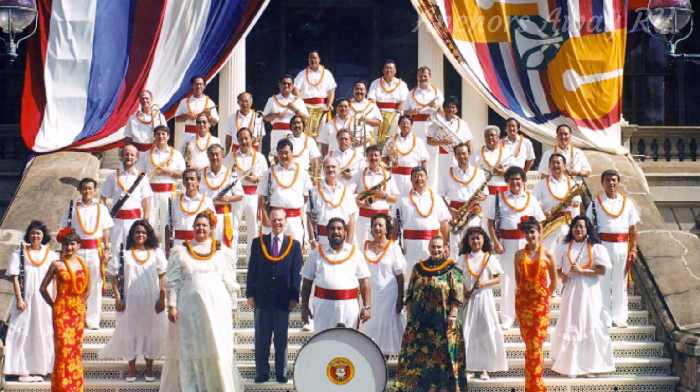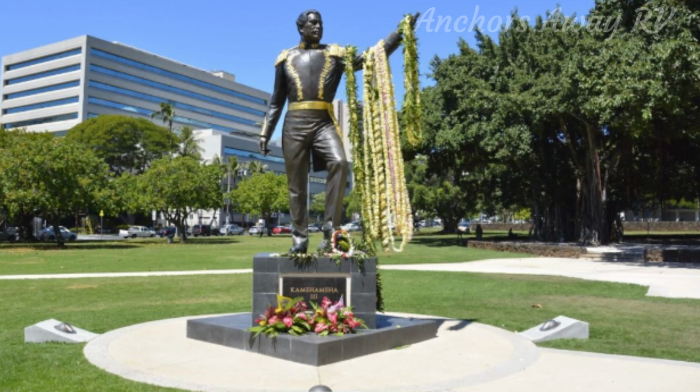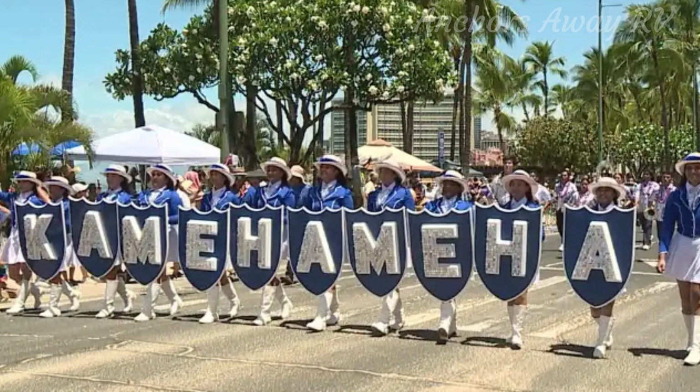Listen to a Royal Hawaiian Band performance. You won't want to miss seeing the Royal Hawaiian Band perform live during your time in Honolulu. King Kamehameha III created this group in 1836, originally called the King's Band, to perform at important state occasions, funerals